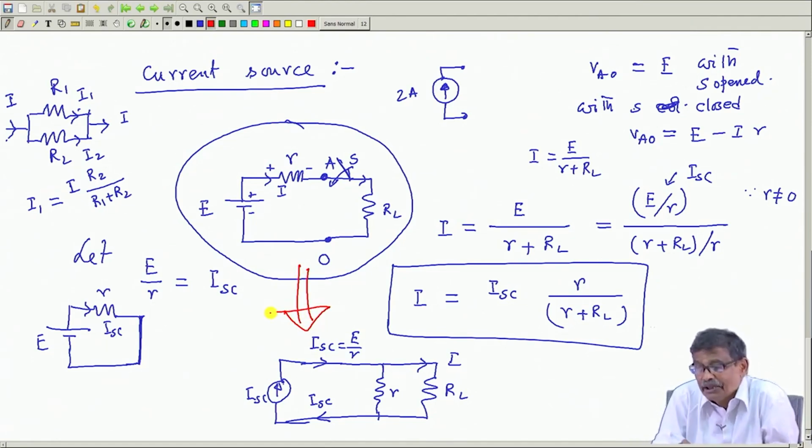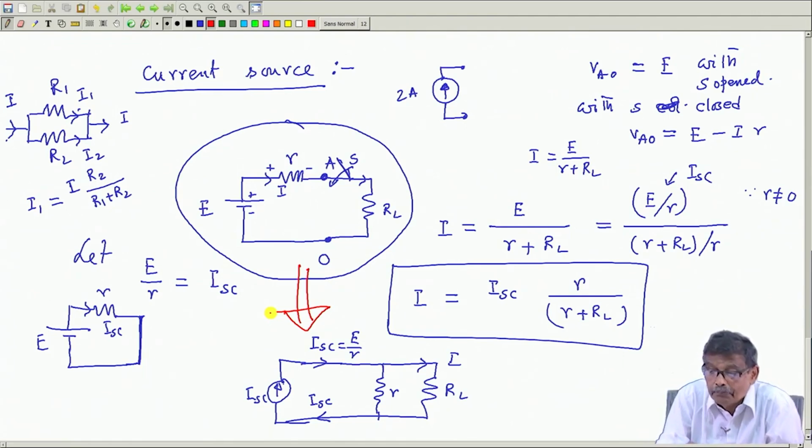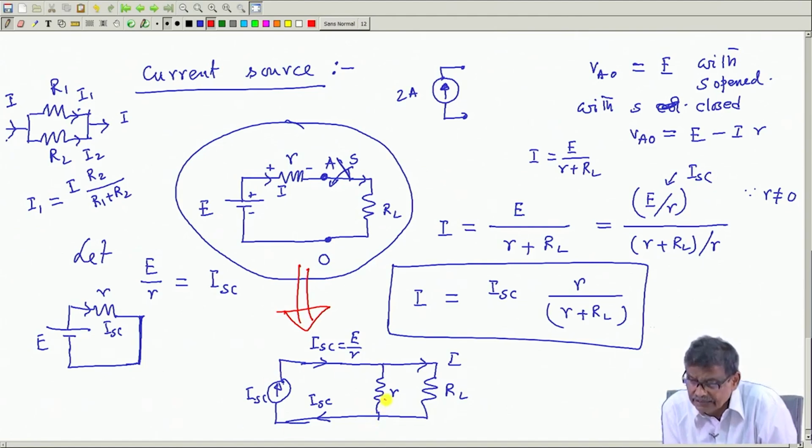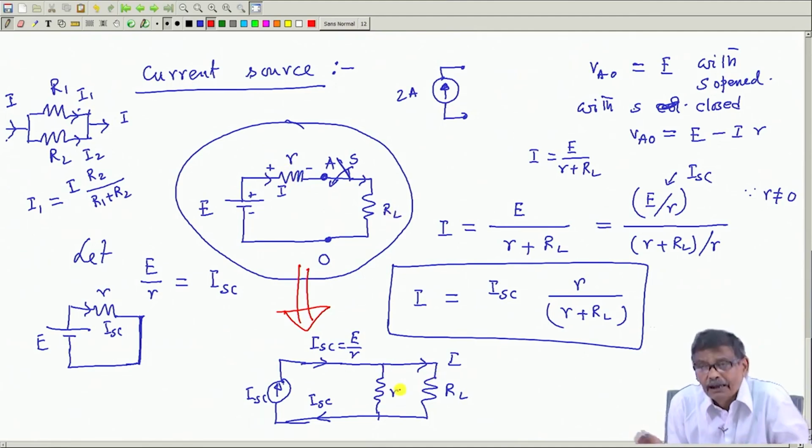That is another way of looking at this simple problem, is to say that look, there is a constant current here ISC, and there is your this internal resistance of the battery small r and this capital RL, they are in parallel,